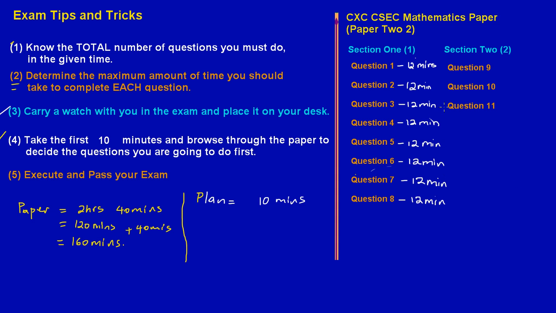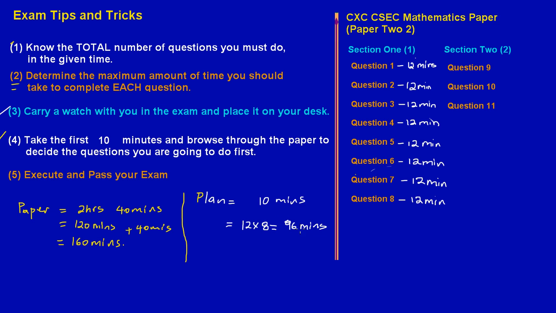Now pretty much, my friends, if you notice, we have a total of 8 questions now, and we are going to be spending 12 minutes per question. Now let's just check that up. Here we would have 12 multiplied by 8, and that would give us a total of 96 minutes. Okay, my friends, so we have a total of 96 minutes. So we have 10 plus 96, that we have gone